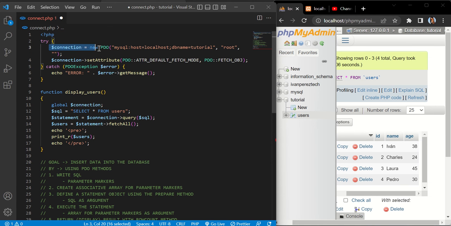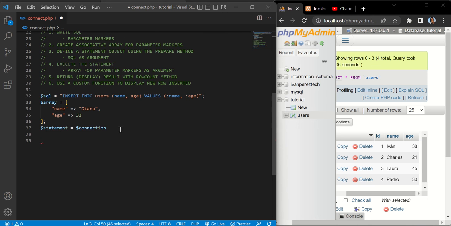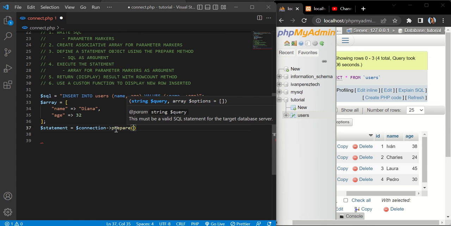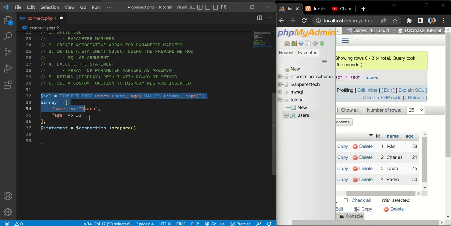So we have this connection over here with the PDO class. So let's say that connection has a method, and the method is prepare. So we're preparing this query over here to be inserted into the database. Okay, so I'm preparing this SQL